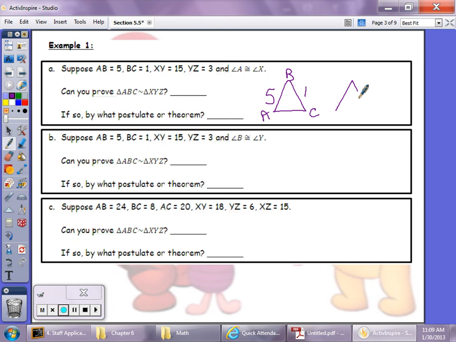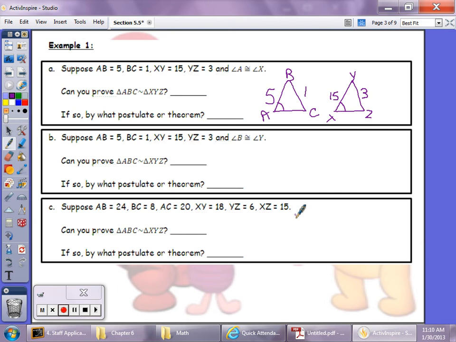Let's label our second triangle, which is XYZ. We know that XY is 15 and that YZ is 3. The other information that they've given us is that angle A is going to be congruent to angle X. Okay, so based on the markings, we can see that this is not going to meet the criteria for angle-angle because I only know one angle, and it's also not going to meet the criteria for side-side-side because I'm missing